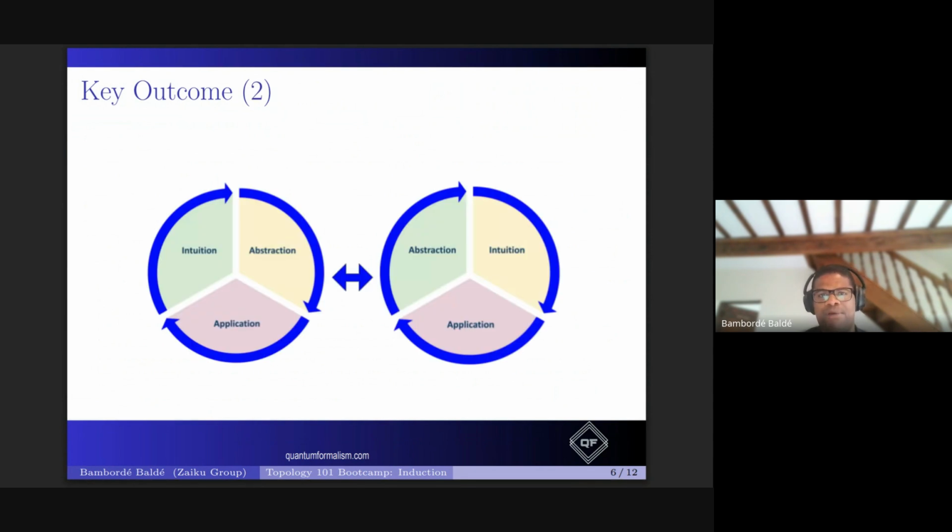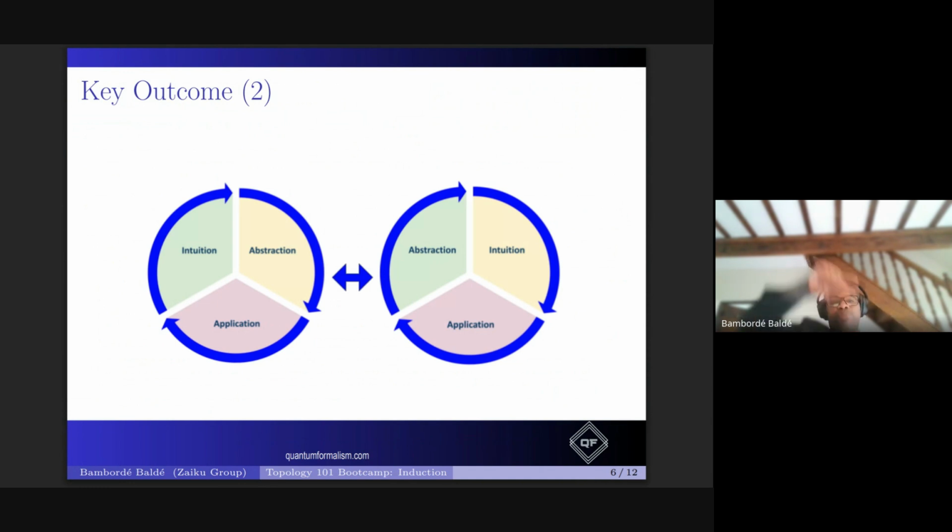The second outcome is to have the mental flexibility to go from intuition to thinking abstractly, and also to look at how possible applications of the concepts that you learn show up from the application side.